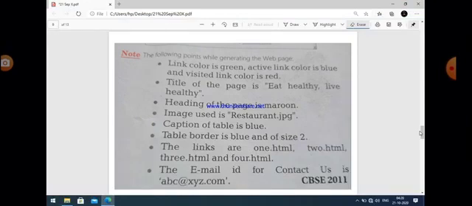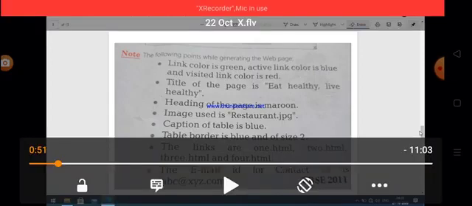Then caption of the table is blue. Caption is already given here, meaning the heading of the table is given, and the color of the table heading should be blue. That is not shown in the diagram because it is not a fully colored diagram here. Next, table border is blue and size is 2. So table border is also given.